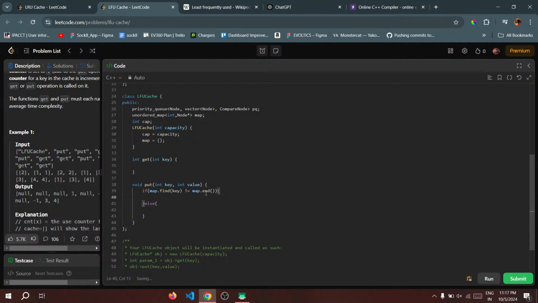Correct. So what we need to do is अगर मैप में